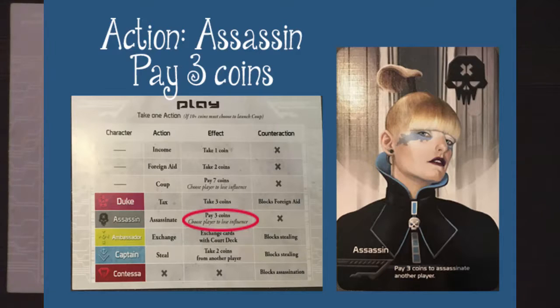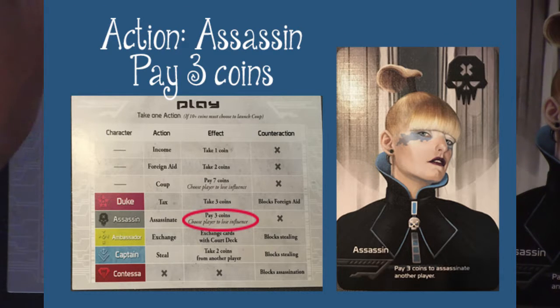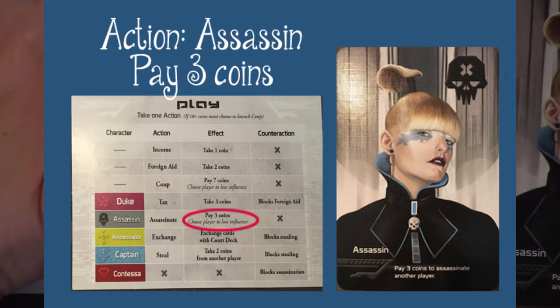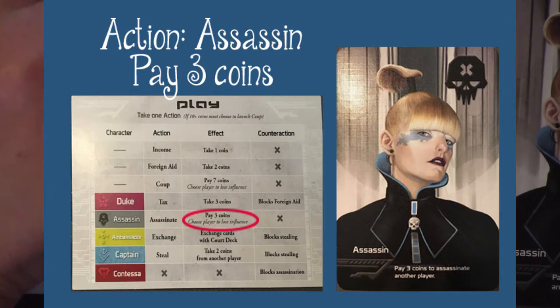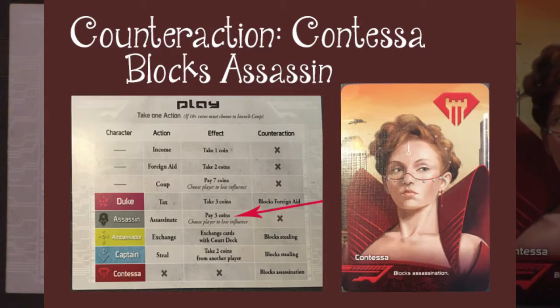Now, the assassin, she only has to pay, instead of 7 coins to assassinate someone, she only has to pay 3. So in the coup, you can't do anything to block it. There's no blocking it at all. But an assassination you can block with, if a person claims to have the Contessa,